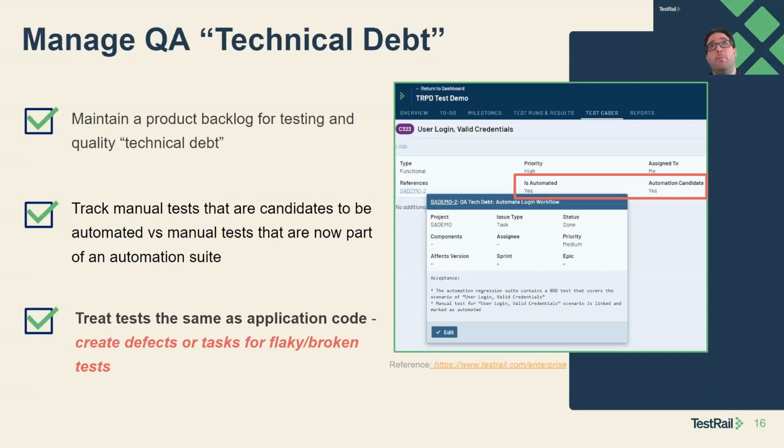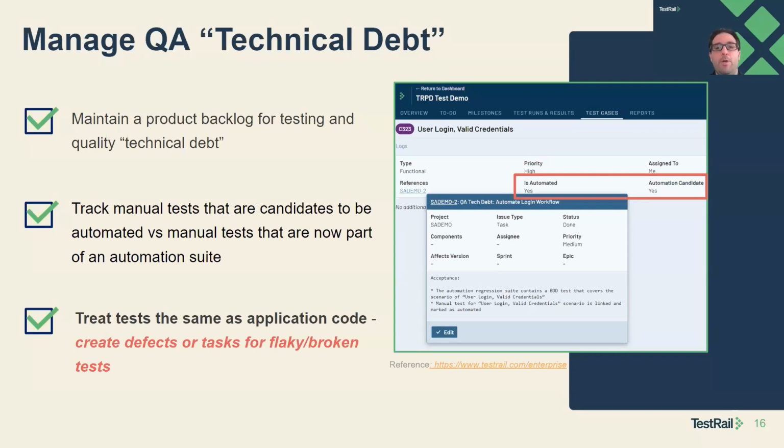And this is that engagement with the product folks in this case. Tracking manual tests that may be candidates for automation, or things that we want to automate, is a really big thing. If you have a lot of manual tests, it can be okay right now, but long term it can be very unsustainable if you want to really increase that velocity and get to more of a continuous delivery type model.